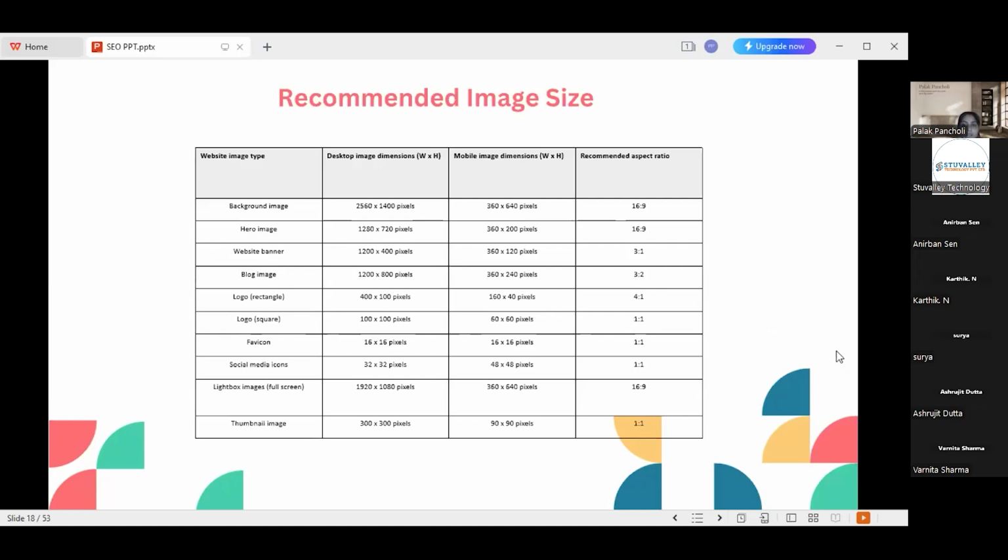Is it clearly visible on your screen? These dimensions are clearly visible on your screens? Yes, ma'am. Okay, so just take the screenshot so that you can use this dimensions for your website. Okay, and just let me know when you take the screenshot.